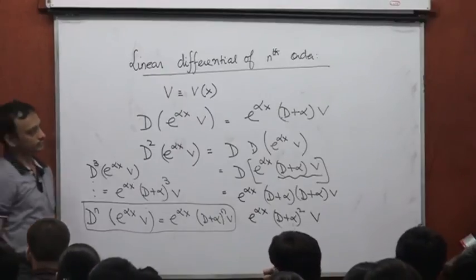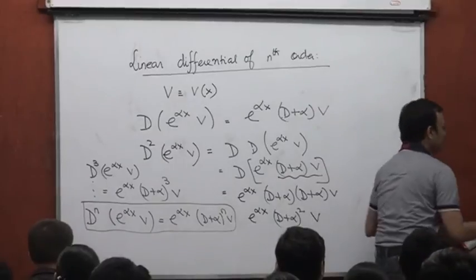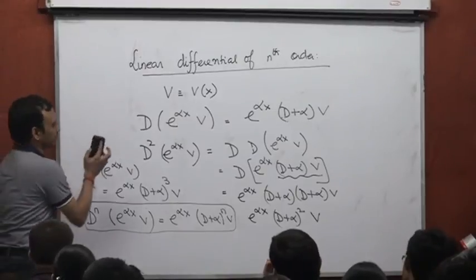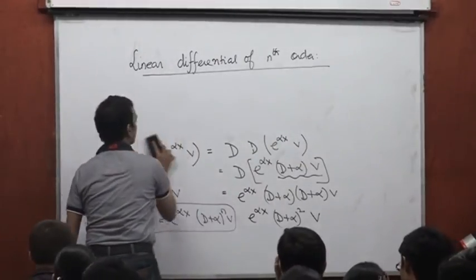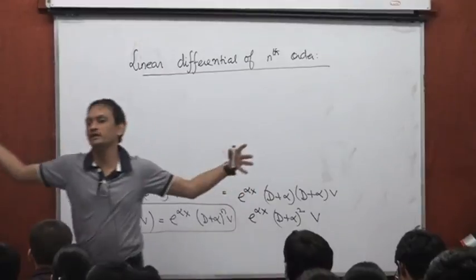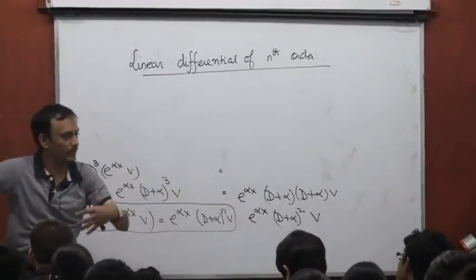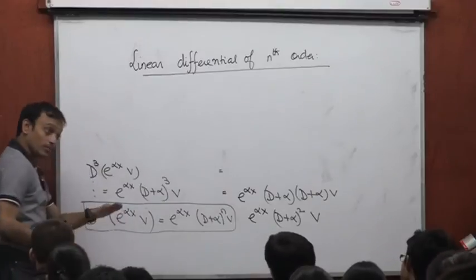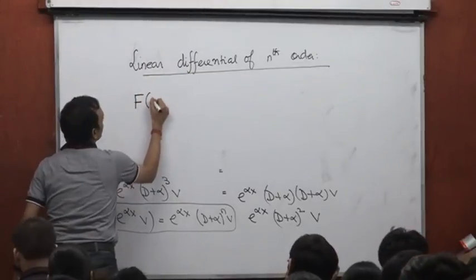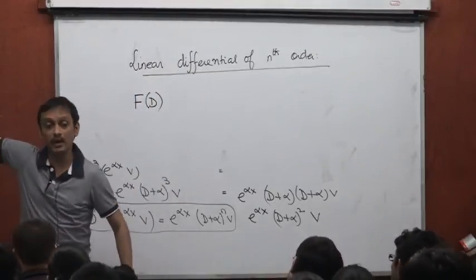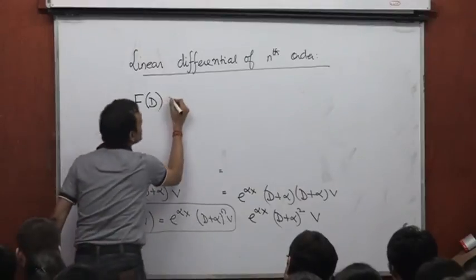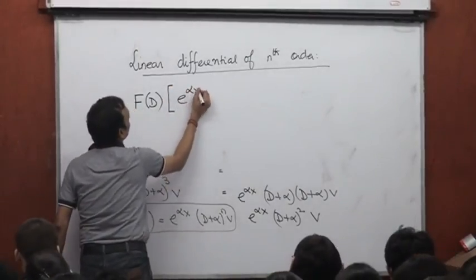In fact, the bigger property that we were eyeing by means of this was the following. Can I wipe this off? Where d is d/dx and f of d is that polynomial operator that I defined, a naught d to the power n plus a1 d to the power n minus 1 and so on and so forth. A generalization of this property is f of d. F of d is what? A naught d to the power n plus a1 d to the power n minus 1 plus a2 d to the power n minus 2 plus an. That's f of d. All right. This acting on e power alpha x v